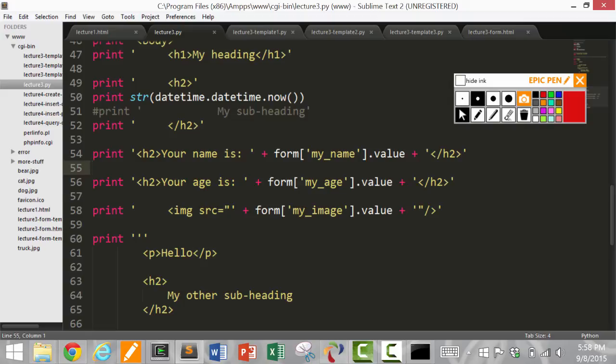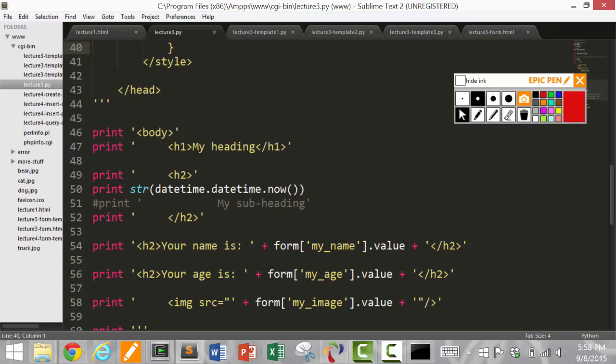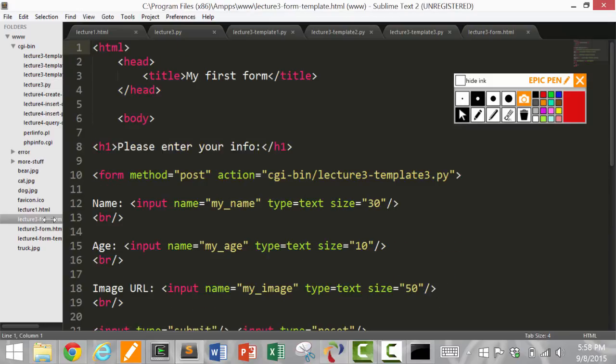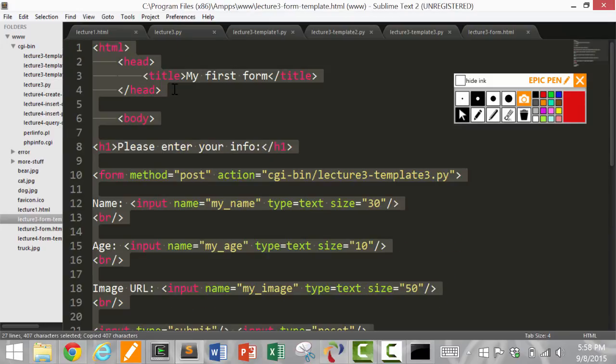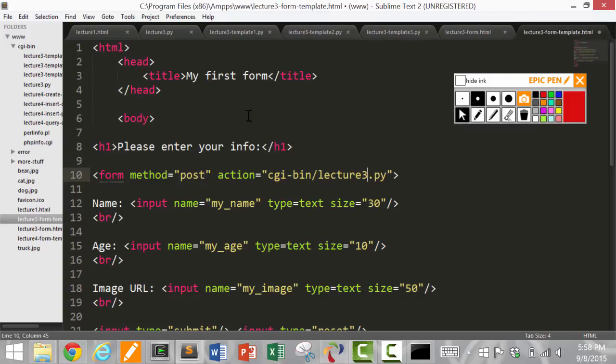URLs in. One other way to interact with this is using a form, an HTML form, using what's called posting data to the form. So I just made an example on this. I'm not going to type out the code manually, and it's called Lecture 3 form template. In the interest of time, I'm just going to copy this. Lecture3.py. Okay, so what this code is